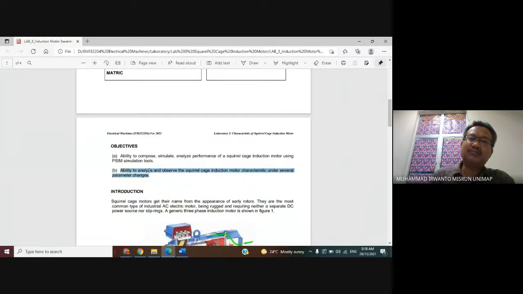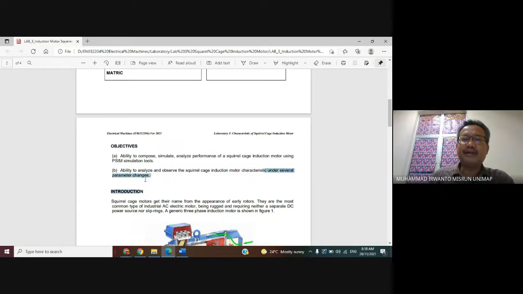Now for objective B, based on the data sheet and the synchronous speed, Ns is equal to 120 multiplied by F over P, where P is the number of poles. Please look at this here.